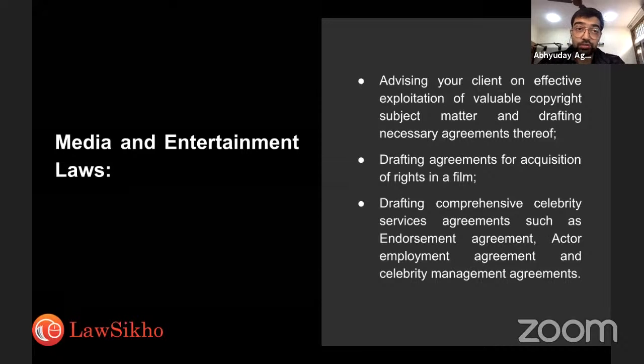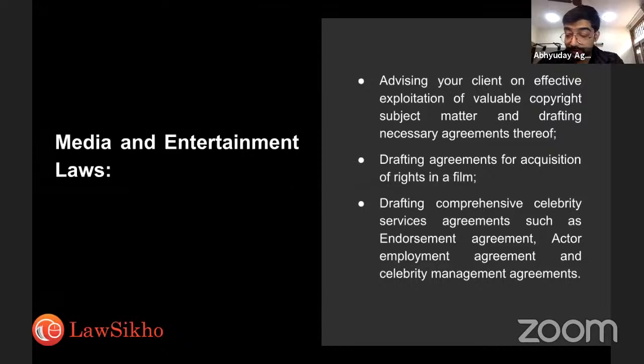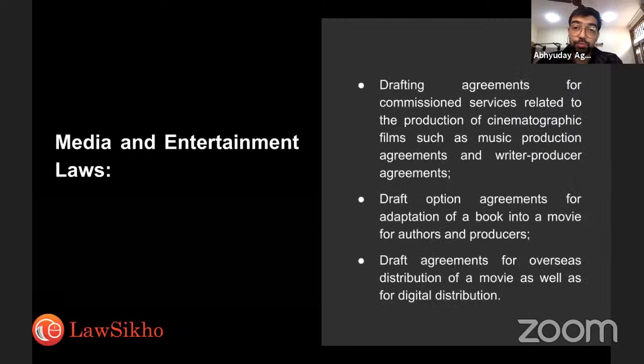So advising your client on how to go about that. Drafting agreements for acquisition of the rights in a film, drafting comprehensive celebrity services agreements, such as endorsement agreements, actor employment agreements, celebrity management agreements, drafting agreements for commissioned services related to movie films, cinematographic films, such as music production